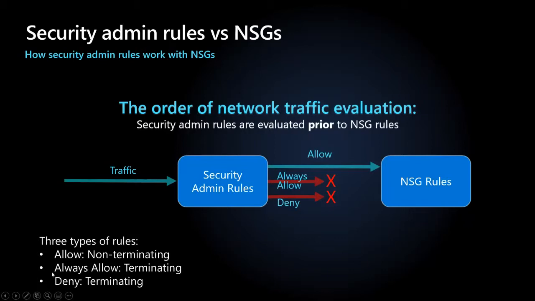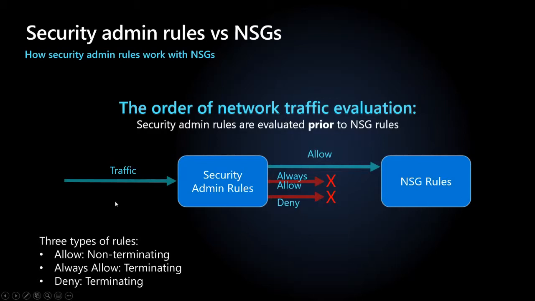we have three kinds of the rules in secure admin rules. So in NSG, you have allow and deny, and in secure admin rules world, you have three kinds of the permissions: allow, always allow, and deny. So we say like terminating versus non-terminating. Terminating means the evaluation would stop there. Okay. And non-terminating means the evaluation is complete at the secure admin rule stage and passed on